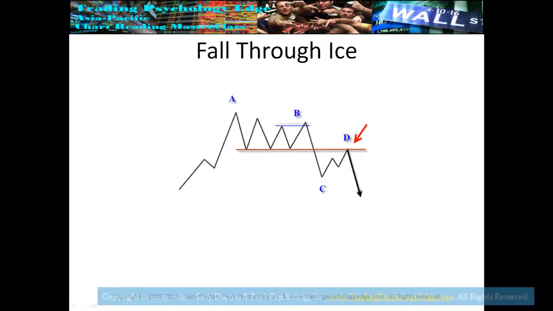All right, fall through the ice is sort of the reverse of that. We have a high that's put in, preferably climactic action. We go into a sideways trading range. I put this in. This is more rare. We'll see an upthrust in here. This would be what's called upthrust after distribution. It doesn't happen all that much. I think I have 1 or 2 examples in here. So you may not see an upthrust in here beforehand, but what you will see